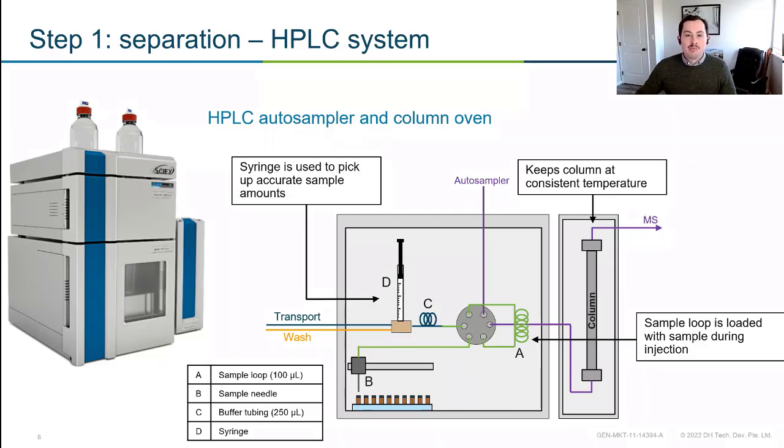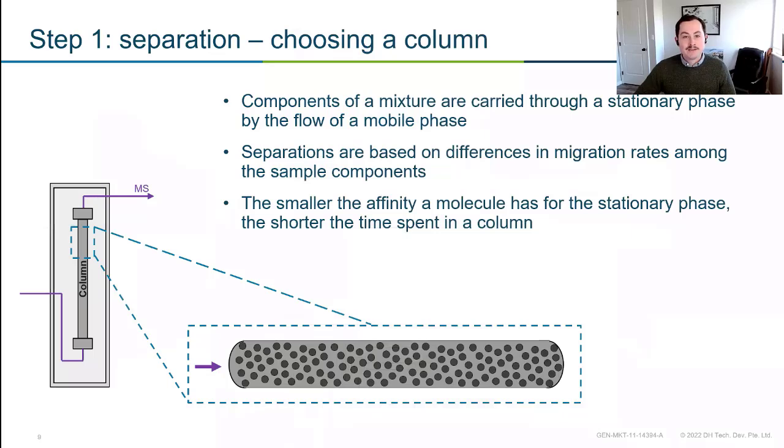But our analytes are passing through that column, and this is their chance to really interact with that column in some way. So how we're going to want to choose a column, rather, is to have the analytes of interest interact differently than the analytes we're not interested in. A really easy example of this would be salts. Salts are a mass spec's worst enemy. We don't want to introduce them to the mass spec. We wouldn't be able to analyze them anyway. So with an HPLC column or just an LC column, there's going to be really no interaction there with salts. So they're going to immediately just pass through a column while our analytes of interest are interacting with the stationary phase, and we can divert that to waste.